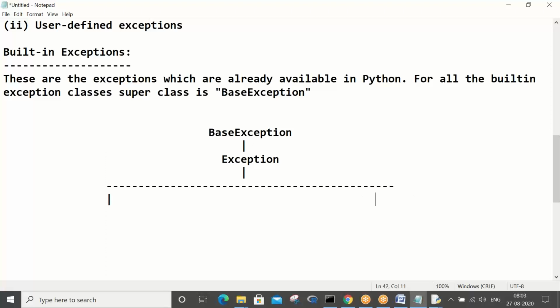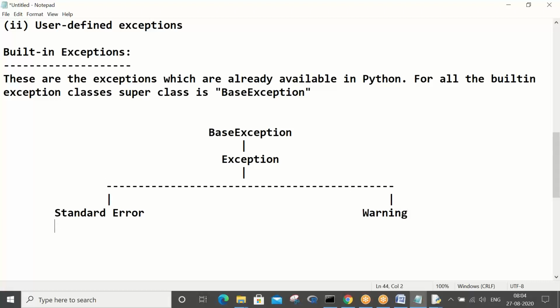Just write this: standard error and warning.